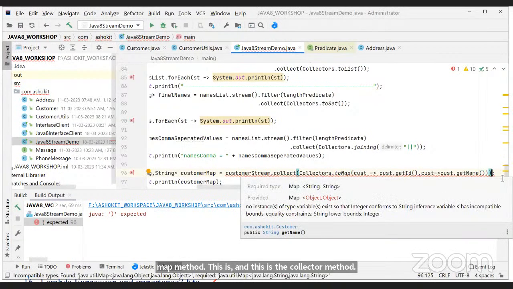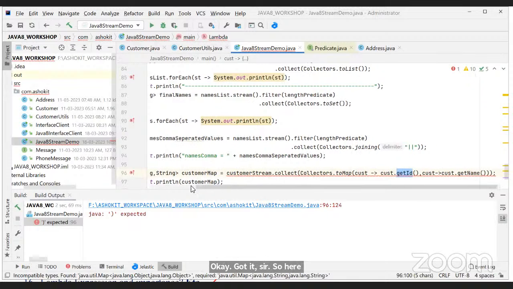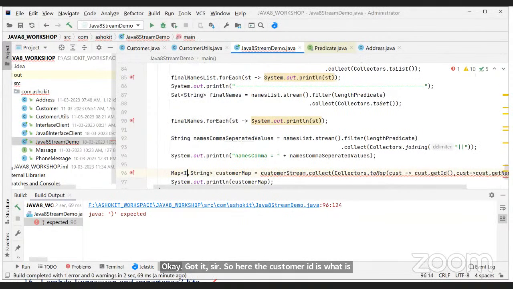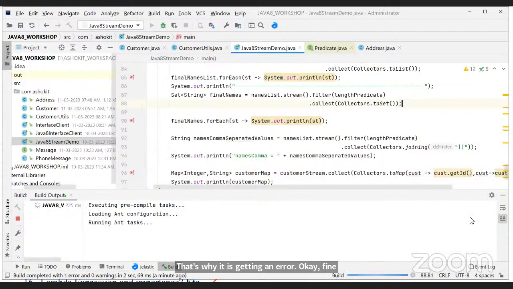What are you getting? Okay, got it. Here the customer ID is what? A String. That's why it is getting an error. Okay, fine. So customer ID is a String. Just run the Java 8 code here.